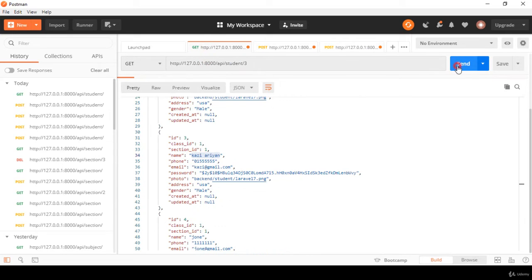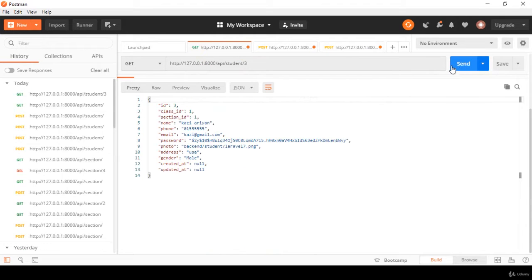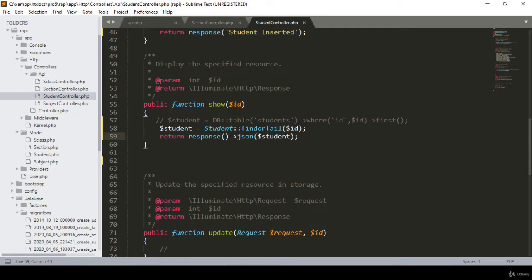So now if you click on send, you can see it's perfectly getting our specific one ID data, that means the ID 3. Here I just pass one of the requested IDs, so our requested ID will match with one of the fields in our student table, the ID. That is the condition I just defined. In the query builder, you can see that our ID will be matched with our requested ID,